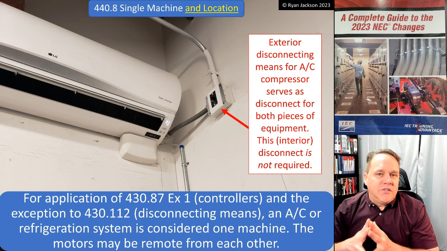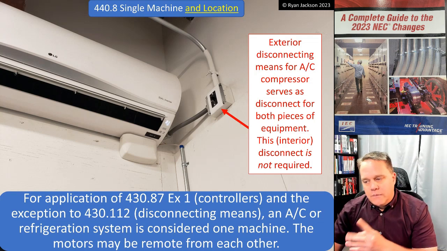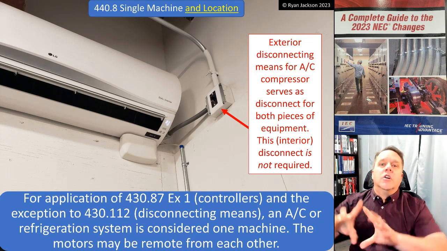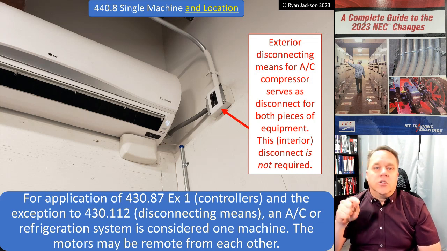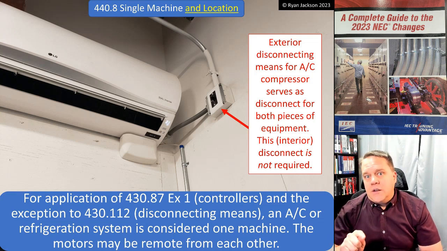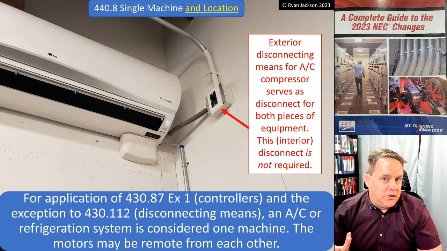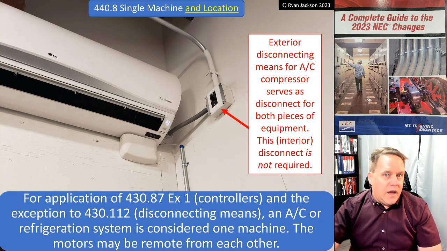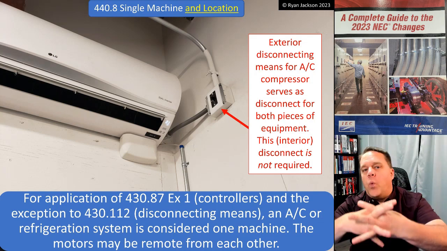I've got a mini split system, a ductless mini split, and you've got the heating equipment inside and you've got the motor compressor, the refrigerant motor compressor outside. What this rule just said is call it all one piece of equipment. All right, for the purposes of providing a disconnecting means, you can just call it one piece of equipment. And what you're going to do is put your disconnecting means outside by the compressor, and that satisfies obviously the disconnecting requirements for the compressor outside, and just make it lockable. And then that satisfies the requirement for the indoor piece of equipment as well, because we call it one unit,